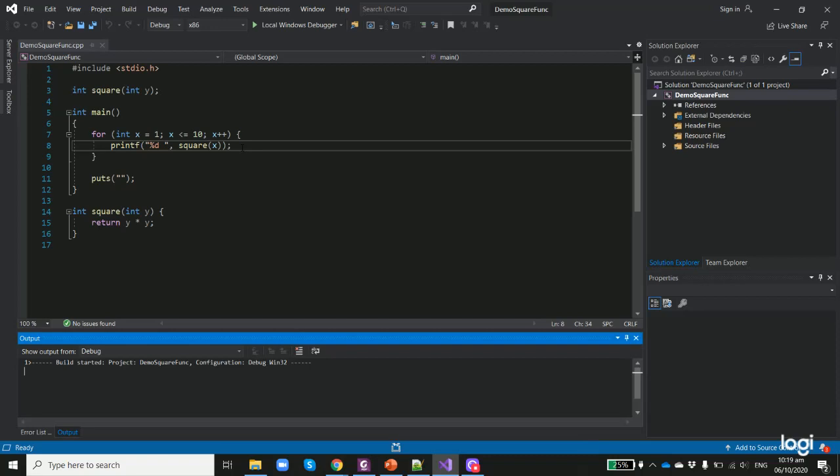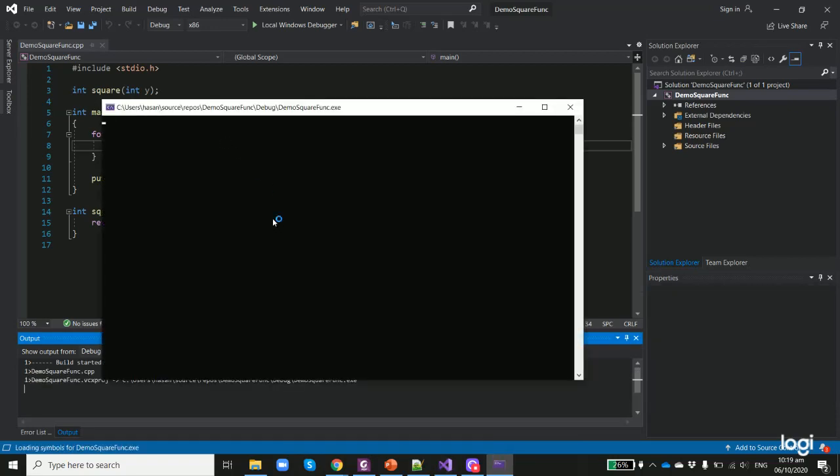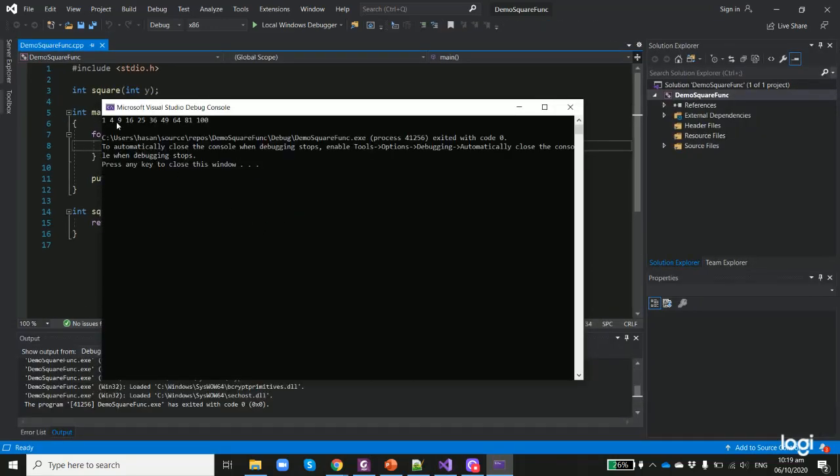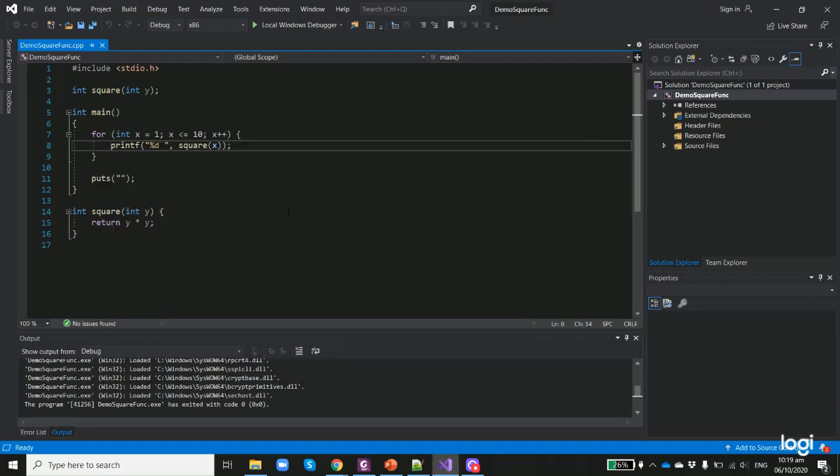Yes, it gives you 1, 4, 9, 16, 25, 36, 49, 64, 81 and 100, which seems to be the right output. After the loop we just have the put string function, which is added there to take you to the next line. So it's a simple program,